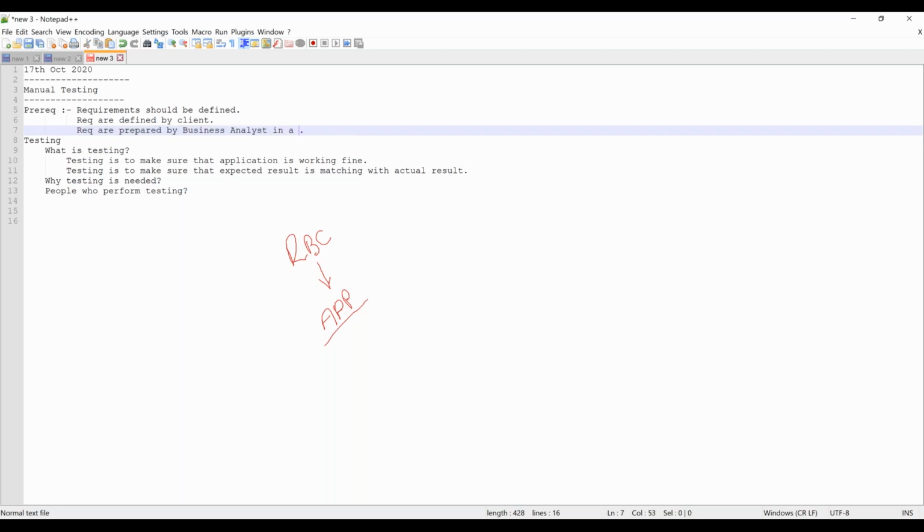He will prepare in a document called SRS, or it is also called as BRD. So SRS stands for Software Requirement Specifications. And BRD stands for Business Requirement Document.